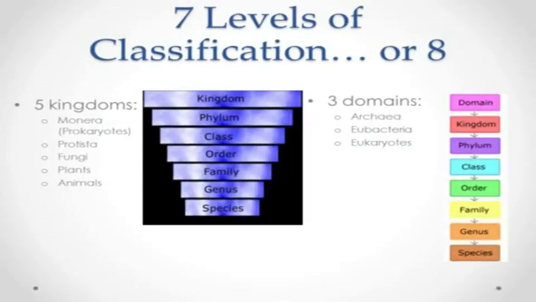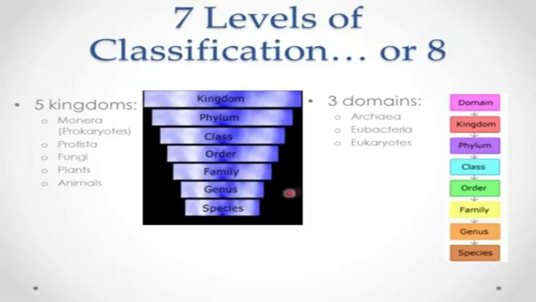In the scientific community, there's a little bit of debate about how to best classify things. The traditional way was using this 7-level classification system: kingdom, phylum, class, order, family, genus, species. Each level gets more and more specific. So there's just 5 kingdoms: Monera, the prokaryotes; Protista, those are things like algae and protozoans; then fungi, plants, and animals. And so that's the most inclusive group, and you get more and more specific all the